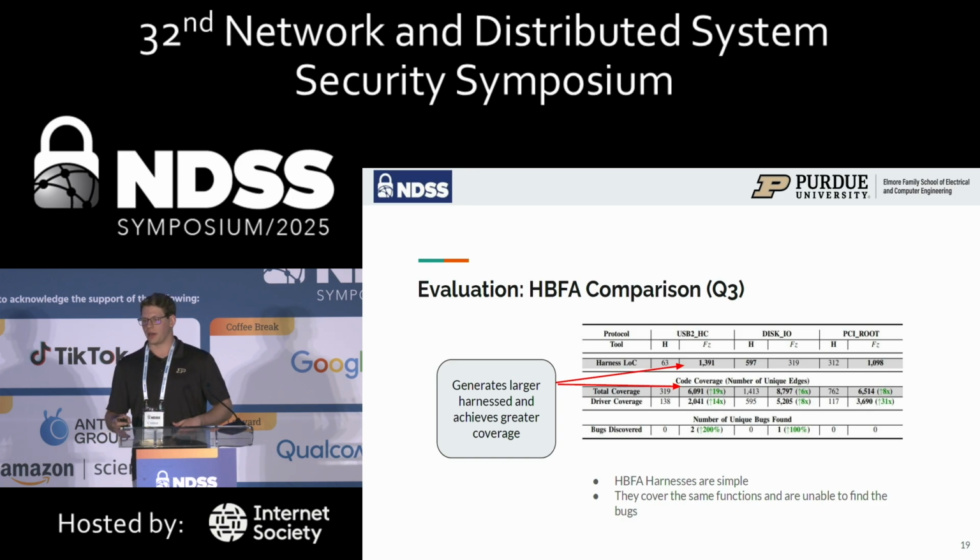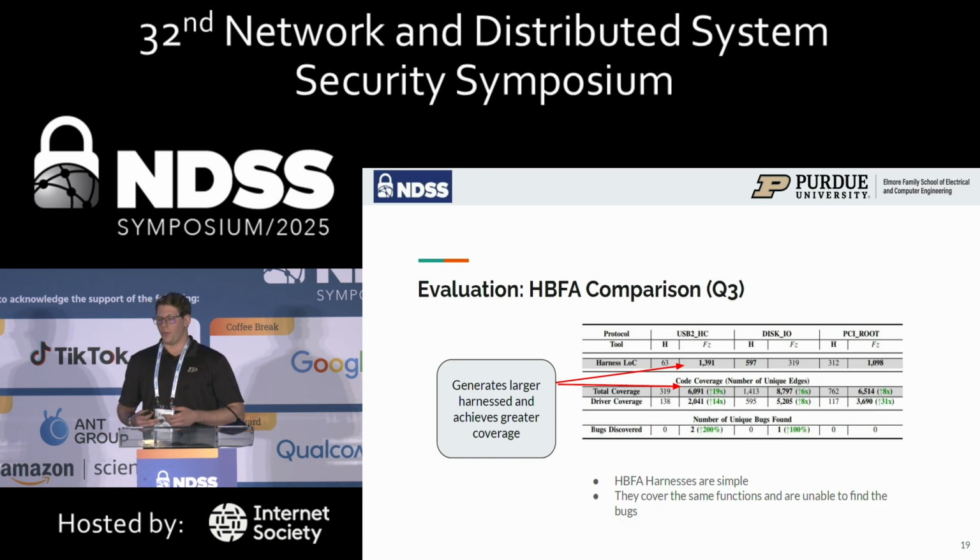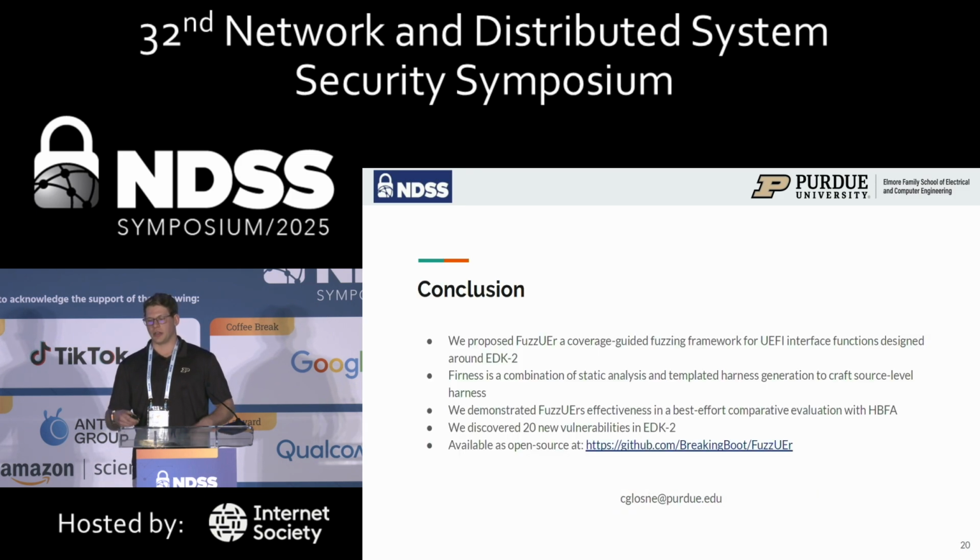And then overall, in our comparison with HBFA, we were able to have greater code coverage across every test. We had 3 bugs that we were able to find that they were not able to find. And our harnesses were also generally larger, though not very complex, emphasizing the need for a more automated system rather than manually writing them with system expertise. And so, in conclusion, we proposed FUZZUER, our coverage-guided fuzzing framework for UEFI functions,